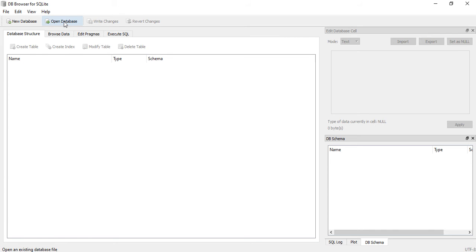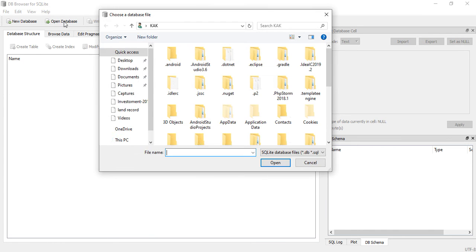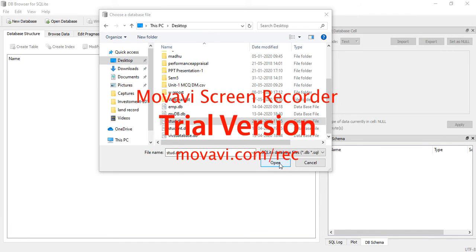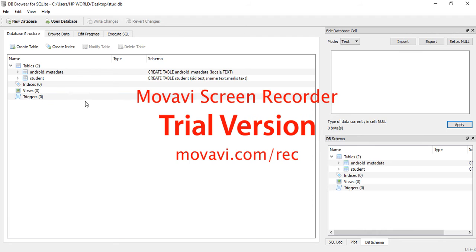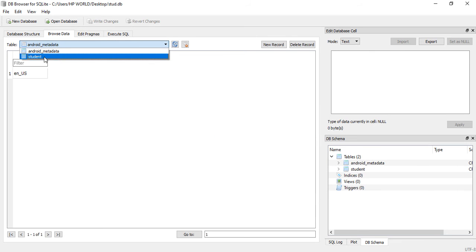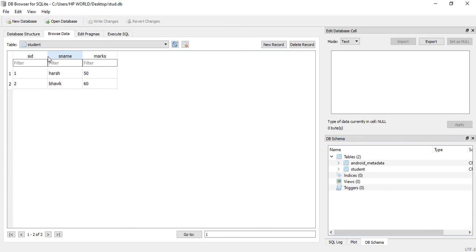So here, open the database which is on our desktop. Simply click on Browse Data. From here, in our table inside stud.db, we created the student table. So click on the student table.